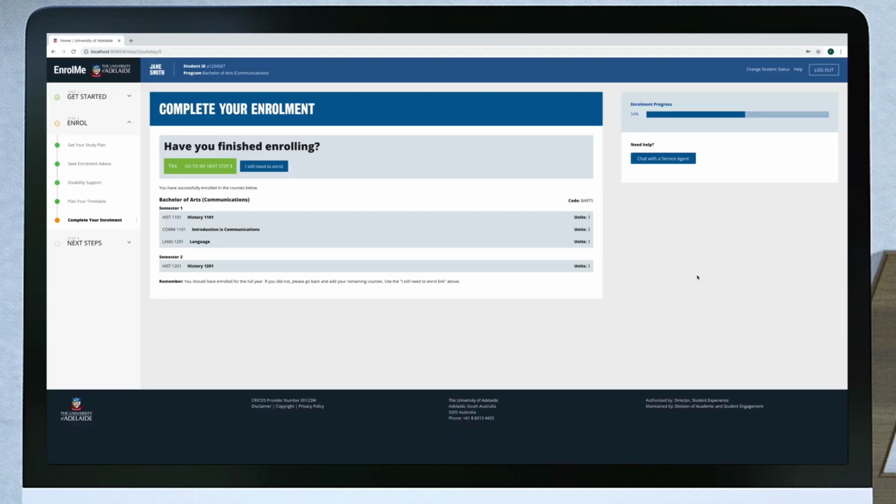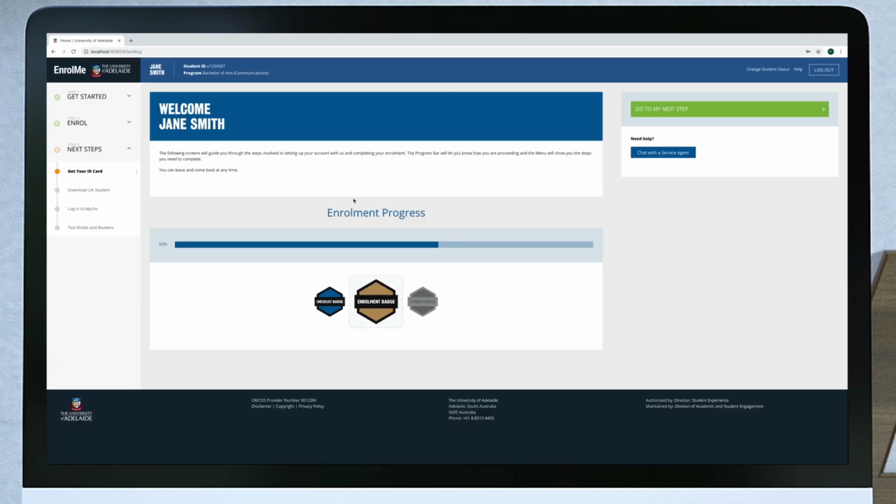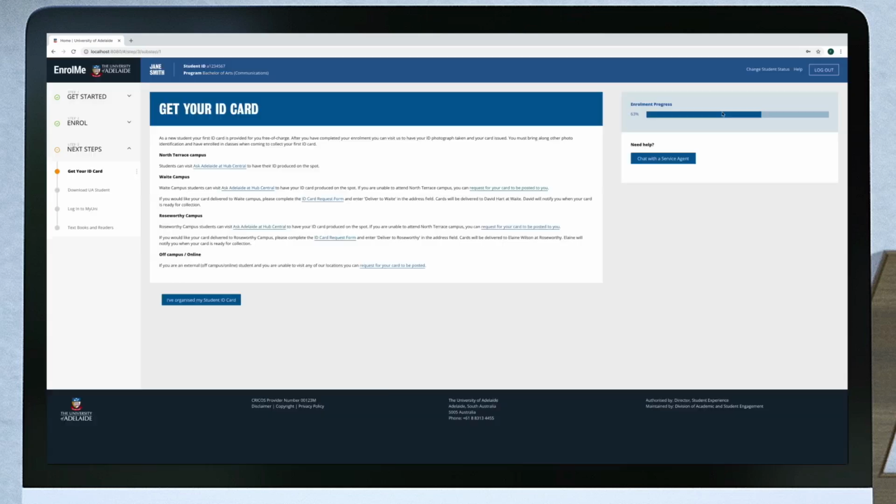You are now successfully enrolled in the following courses. Select Go to my next step to continue. With Step 2 now complete, you'll receive a second badge that indicates you're ready for the final stage of enrolment. To begin the final stage, select Go to my next step and read the instructions to organise your university ID